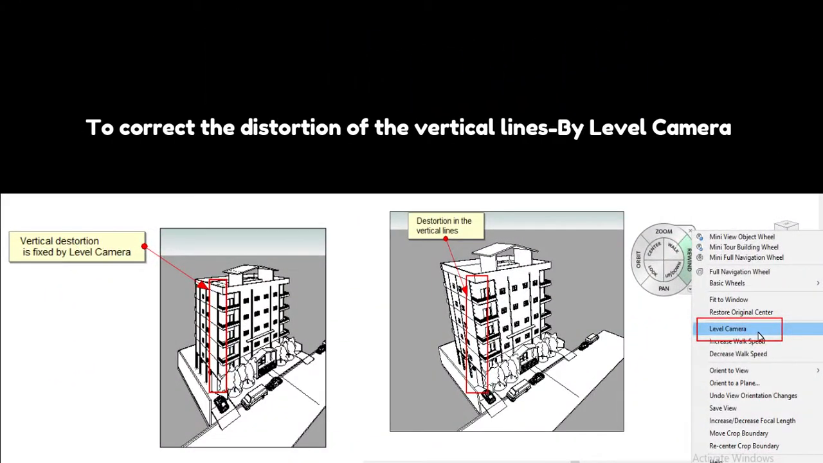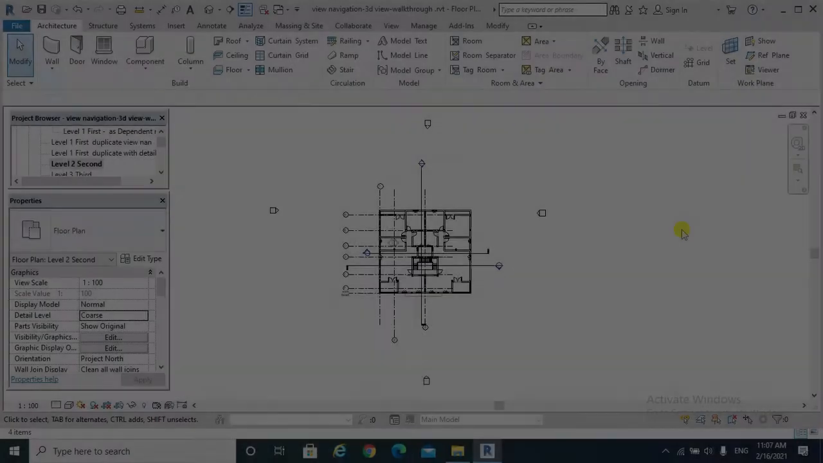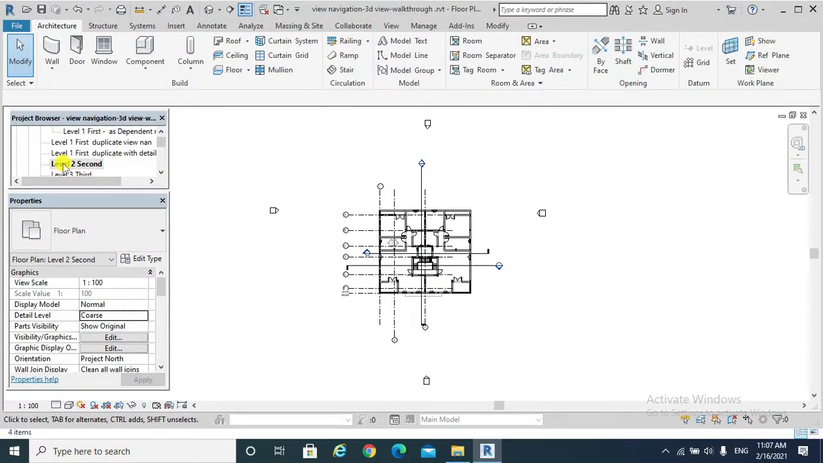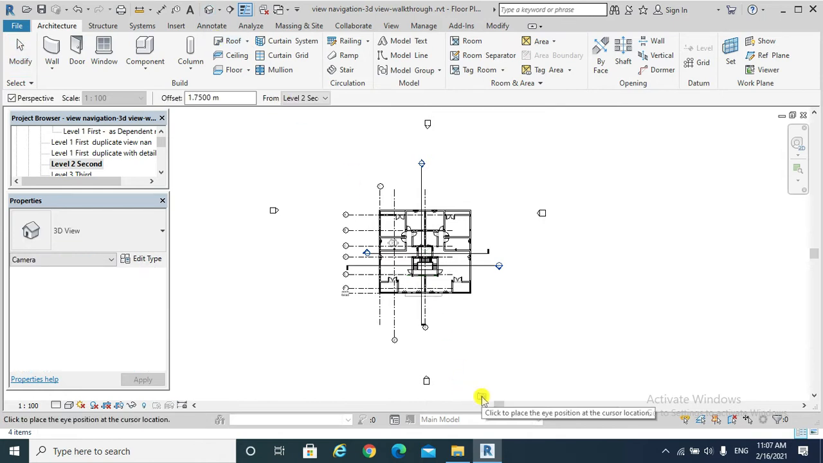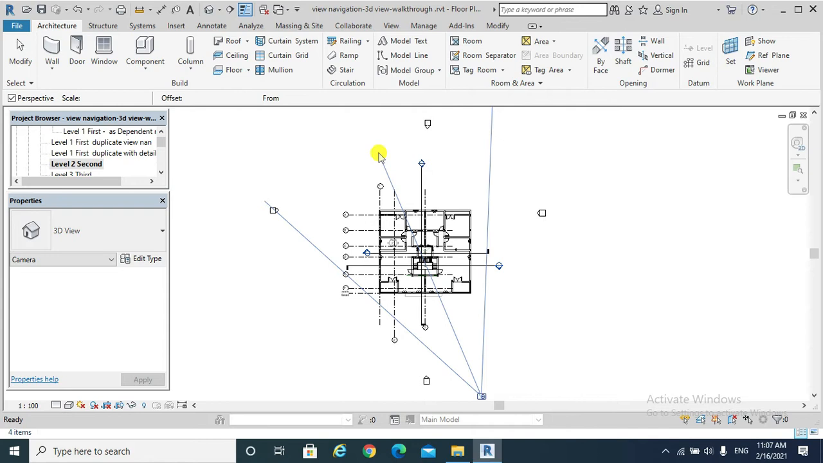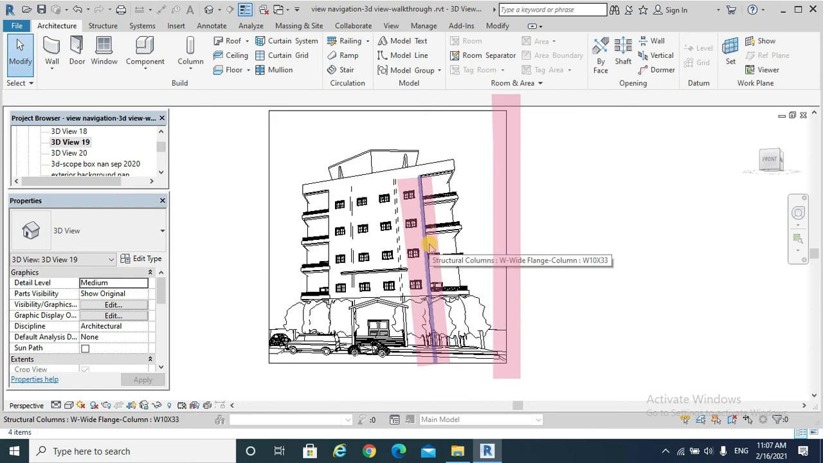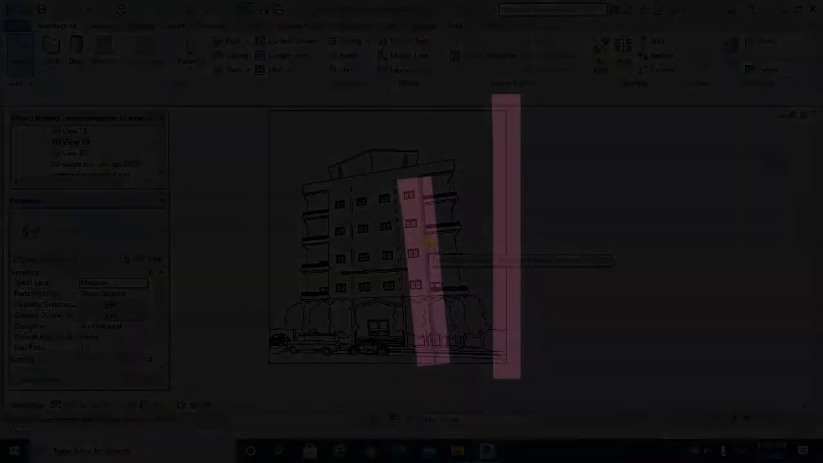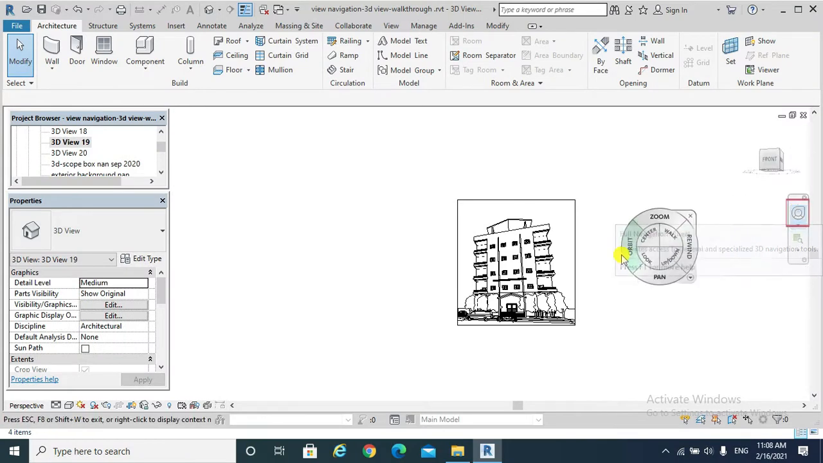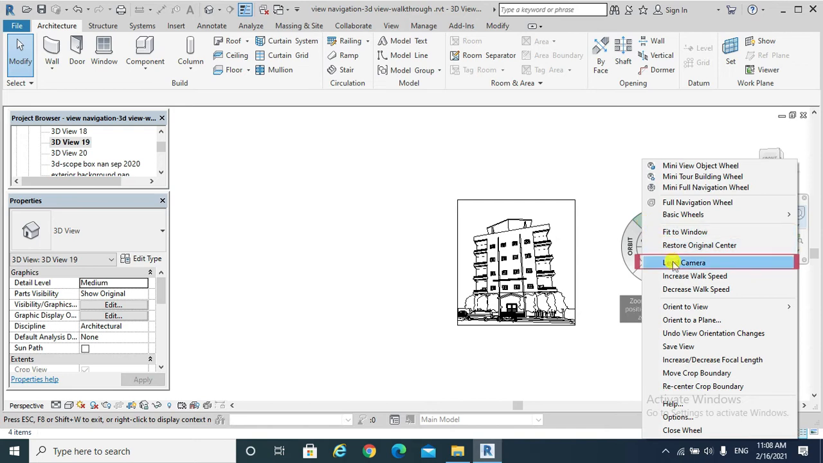Finally, an interesting tip regarding correcting the distortion of the vertical lines. To illustrate that, I will take a camera view. Camera, and I would take a view from here. Notice that the vertical line is not actually vertical. This is a vertical line, but this is a distorted vertical line. So I need to click on the navigation wheel and right click on that wheel, Level Camera,